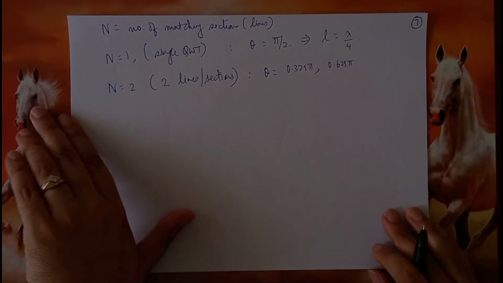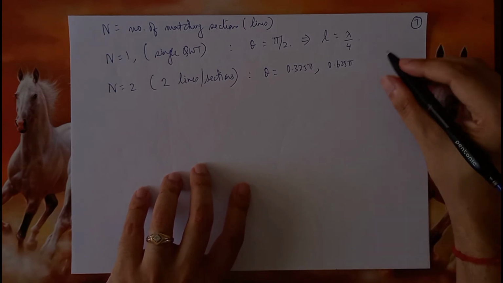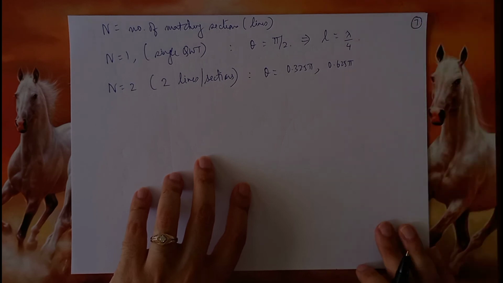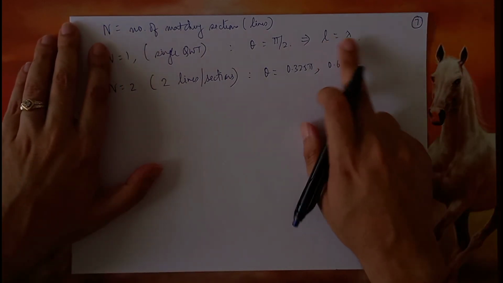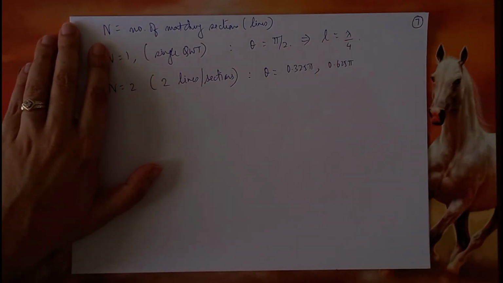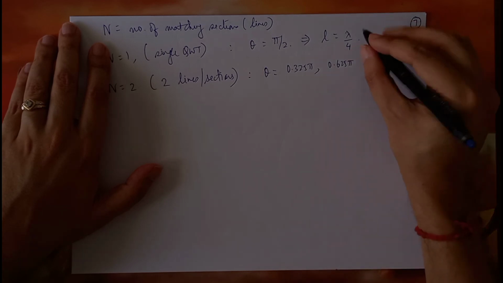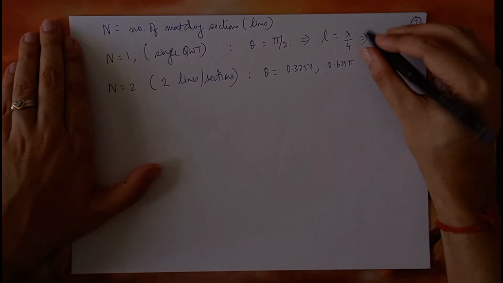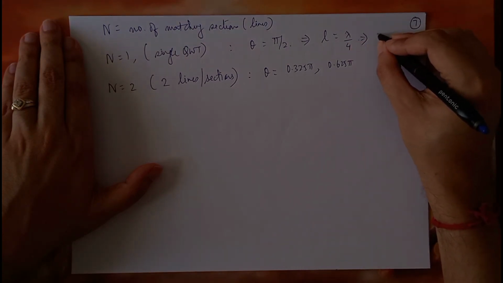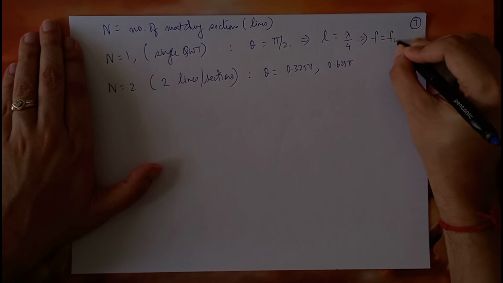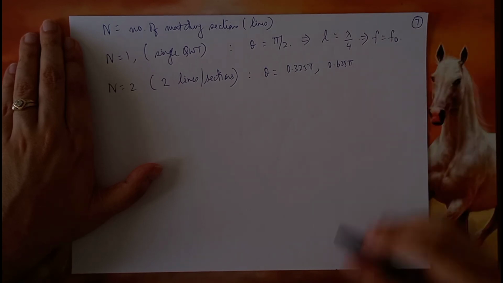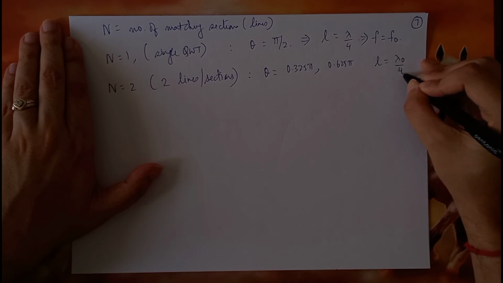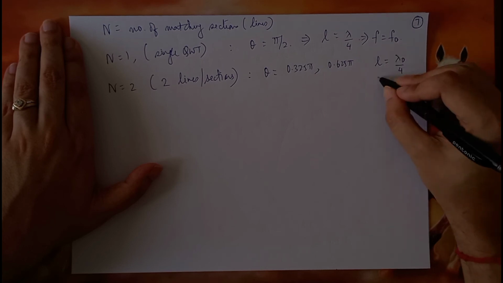So as I said before, suppose we are fixing the length. But if we fix the length now, what is happening? This means in case of n equal to 1, the single QWT, the minimum frequency will be when f becomes equal to f0. But if I say that L is fixed at lambda 0 by 4, which we are fixing,